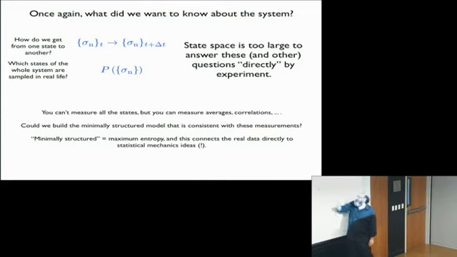But there is one that's special, and that is the distribution that reproduces what your experimentalist friends tell you, but otherwise has no extra structure. So it's the minimally structured distribution. What does minimally structured mean? It means that the states that you're drawing out of this distribution are, in a sense, as random as possible while still being consistent with these things. And that means that this distribution has the largest possible entropy that's consistent with these measurements. Okay? And this is going to get us a direct connection to ideas in statistical mechanics. So now,